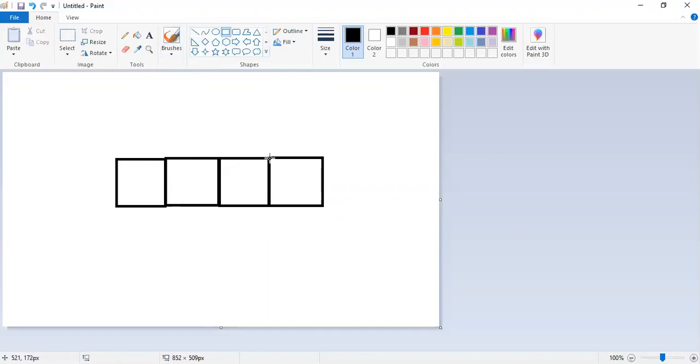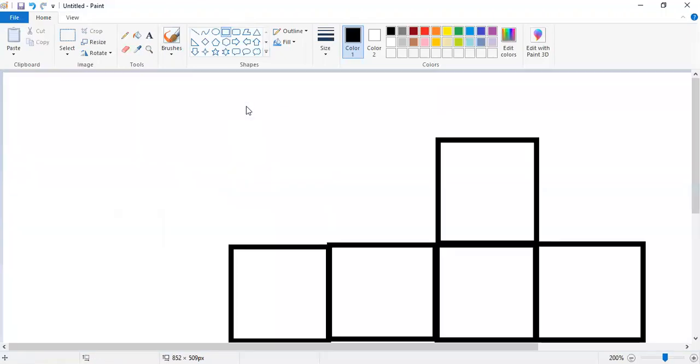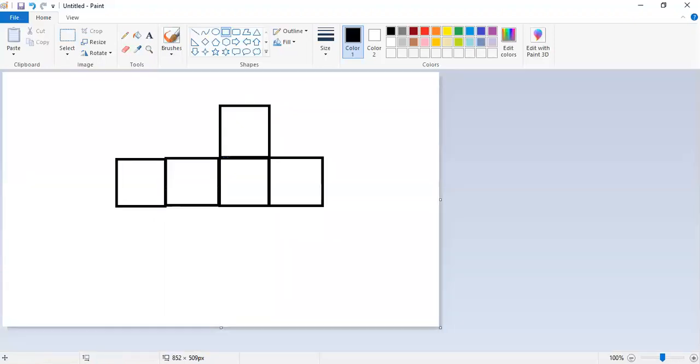So I wanted to draw it here. Let me draw it here for a change. But make sure that all the squares are equal. You cannot draw them one big and one small. Because we are drawing nets, we have to be very careful when we are drawing these. You girls can do it easily because you are using pencil and eraser, but as you know,